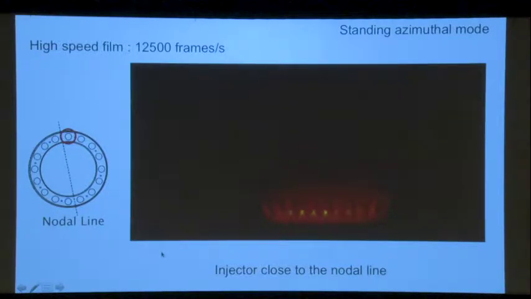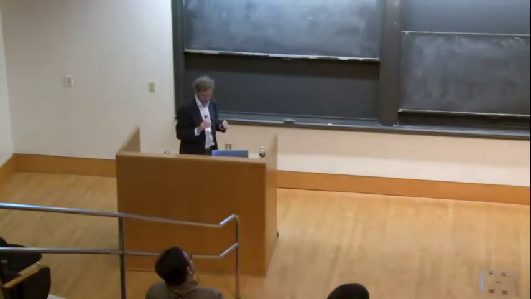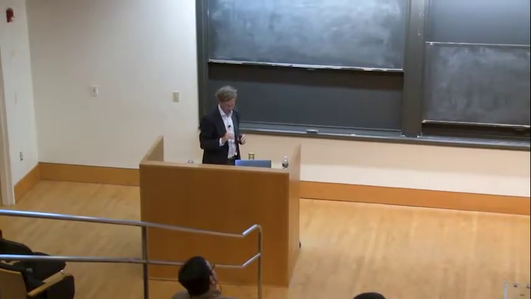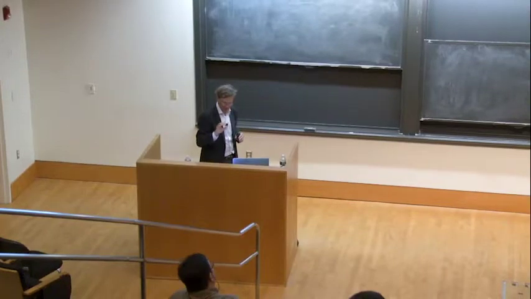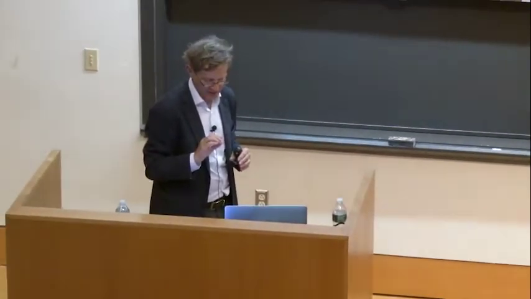So the flames execute a motion, but not very large, because here the pressure is essentially close to zero. There is not much of a perturbation in pressure. There are perturbations in velocity, but not so much in terms of pressure. So there is not much going on here. The heat release fluctuation is rather low. There is a little bit of heat release fluctuation here.